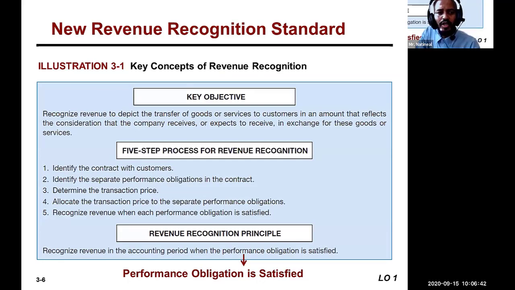So there is key concept of revenue recognition. There are illustrations we can see, key objectives we can see. Recognize revenue ምን ያደርጋል? There is transfer of good or service to what? The customer. You have to transfer good or service to customers in an amount that reflects what? The consideration that company received or expects to receive in exchange for this good or service. ምን የሆነ ነገር ኤክስፔክት ያደርጋል? good or service ይሰጣል።